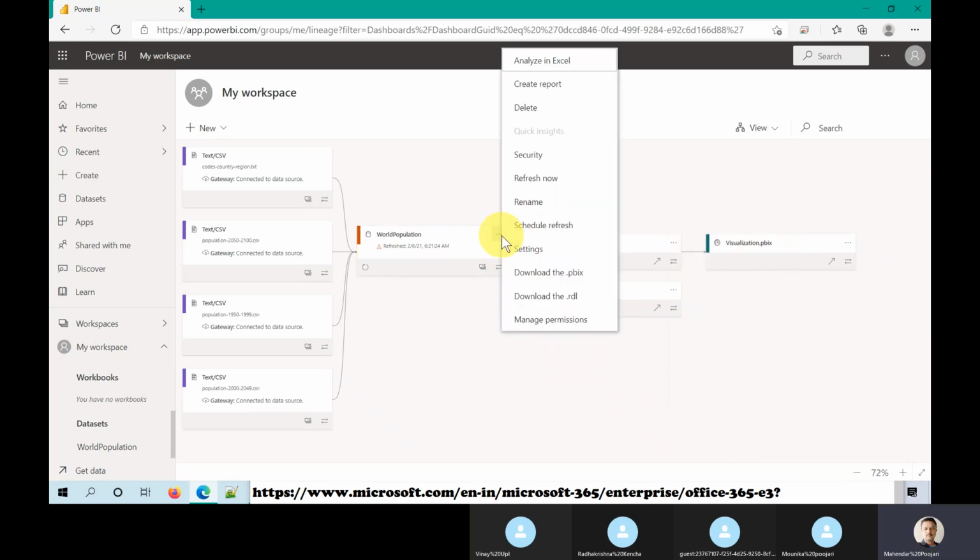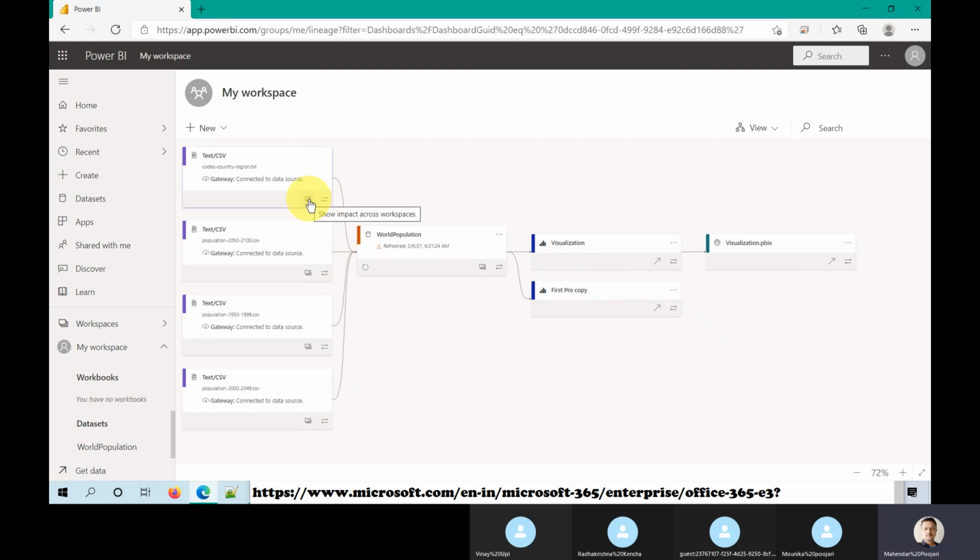In the same way, if you come here to the data set, you can see the data set settings from here also. Here, if you see, show the impact across the workspace. This is impact analysis, guys. In the olden days, I remember if I wanted to change one field in an application, we used to do a lot of impact analysis.